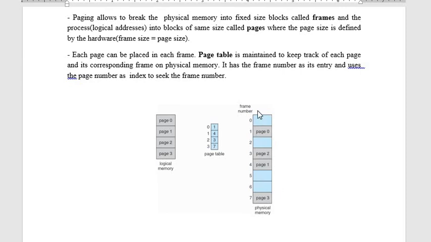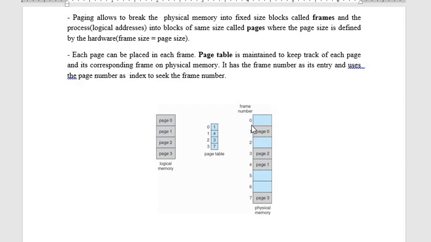Here in this example, we have a physical memory which has 8 frames. Frame 1, frame 3, frame 4 and 7 are free, and we need to accommodate these pages there, randomly anywhere in the space available, and we need to update the page table, which is given for indexing between the pages and the frames. The index for the page table is the page number. So page 0 is available in frame number 1.